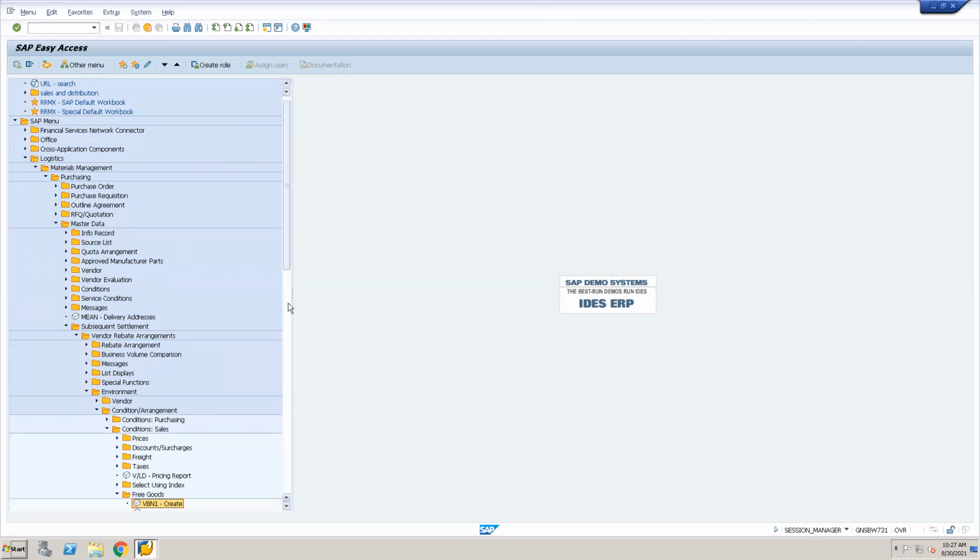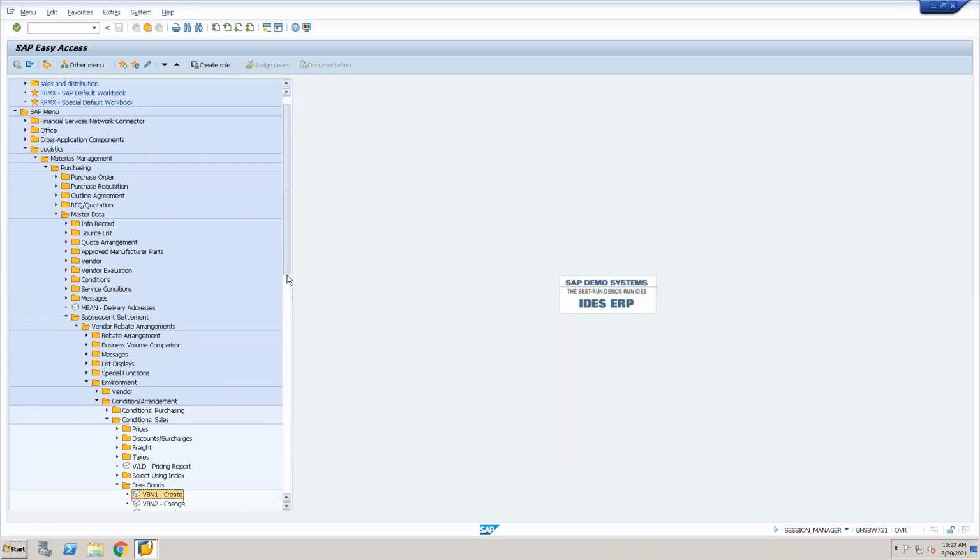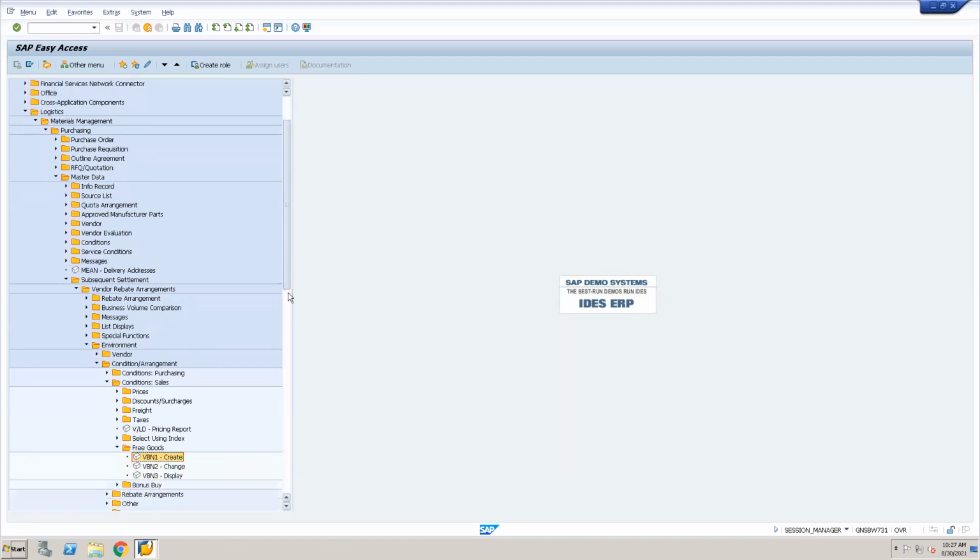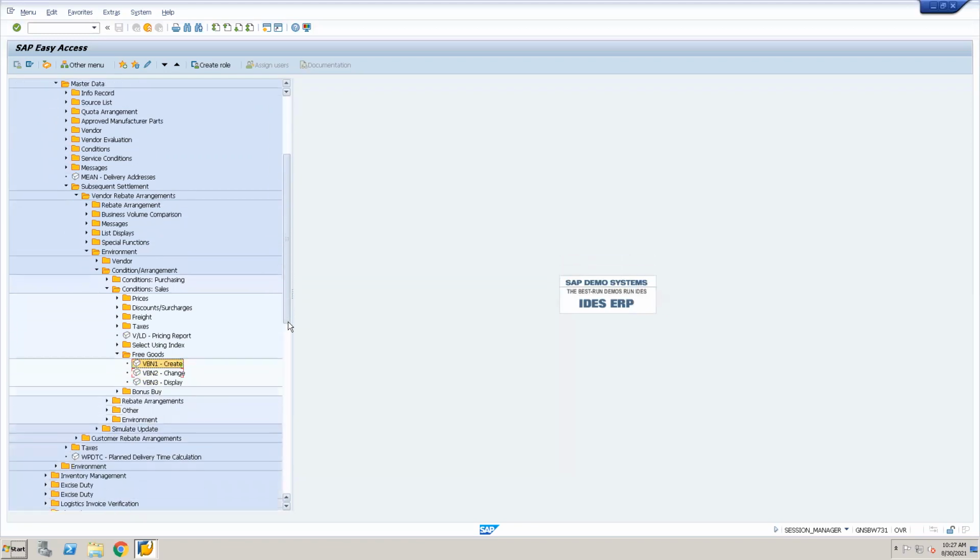Here the free goods is the last one. That's free goods, so it's under condition sales.